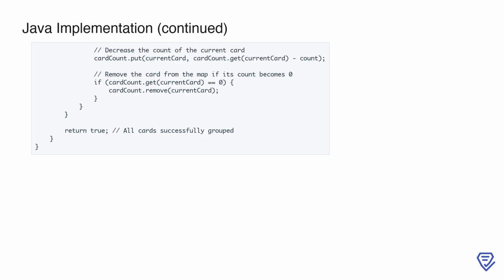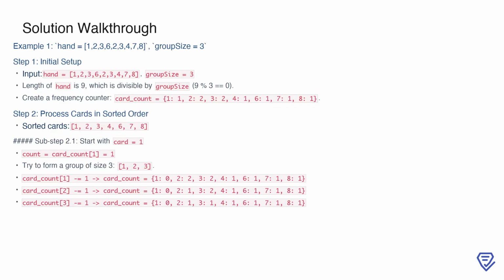This process continues until all cards are successfully grouped, or we encounter a situation where forming a group is impossible. If we exit the loop without returning false, it means all cards have been grouped into valid sequences of group size. In that case, we return true to indicate success. This implementation effectively combines the sorted order and frequency tracking of the tree map to ensure the solution is both correct and efficient. To begin solving this problem, let's look at the first example where the hand is 1 2